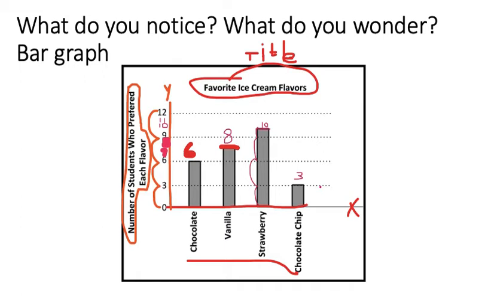Now we know how many students like each flavor. So now we're probably able to solve some of those wonders that we had before. I still don't believe that 8 students like vanilla and also 10 students chose strawberry as their favorite ice cream flavor. I'm still in awe. I don't know. That's probably not my homeroom or none of my students, but